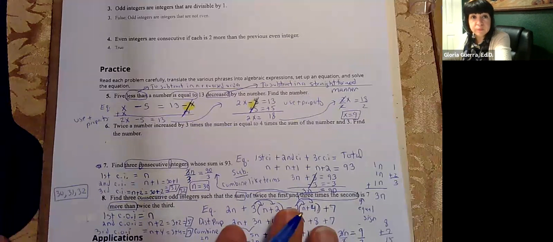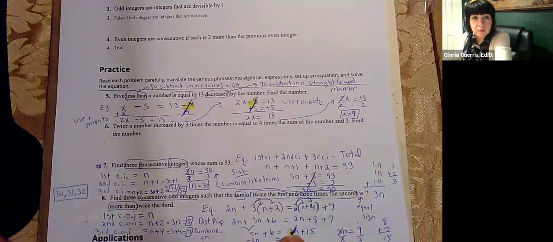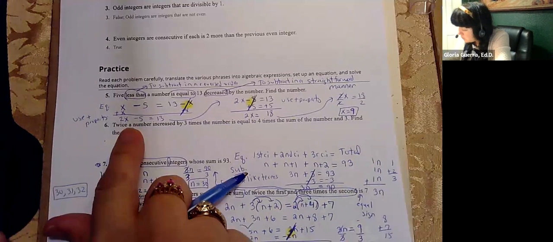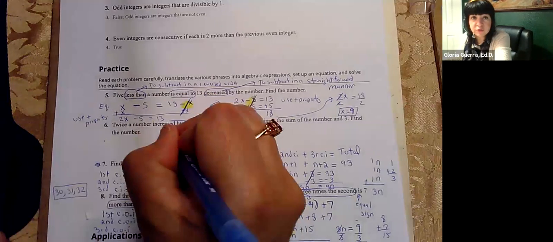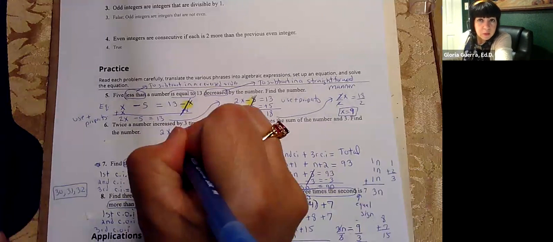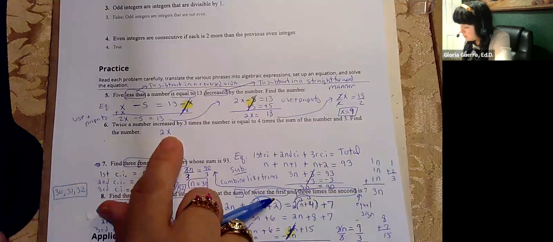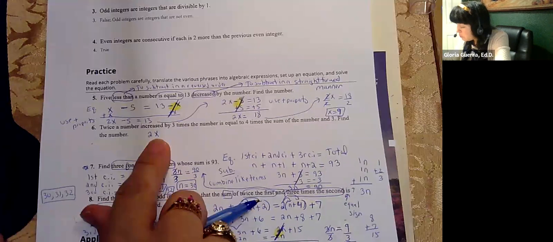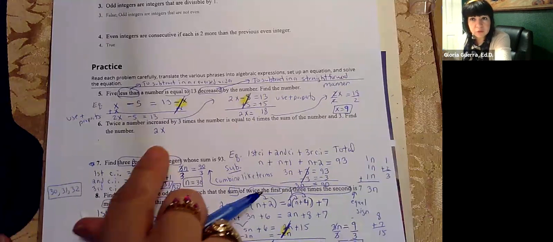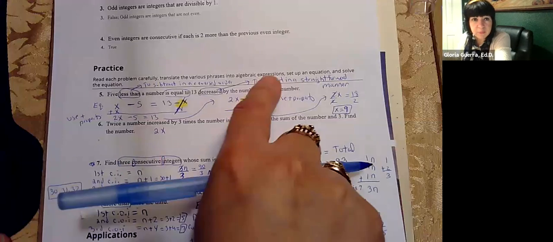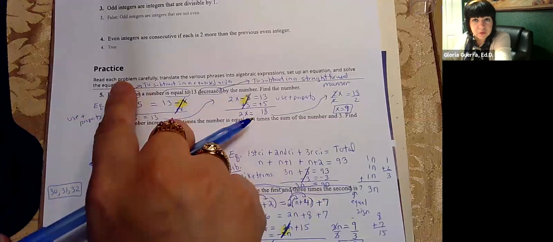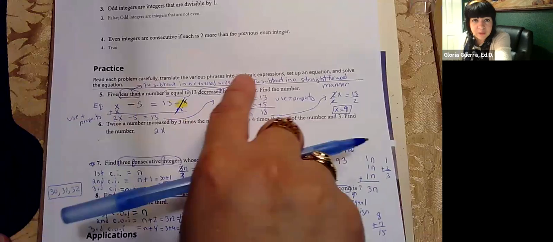Okay, this one, twice the number. So, you know, twice means times 2. So twice the number, I'm just using x. Sometimes they tell you up here what letter to use. Sometimes they tell you to use the variable x or use the variable y, but they didn't tell you what to use. So I'm just going to use x. Twice the number,